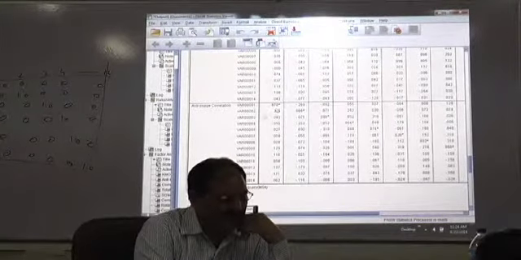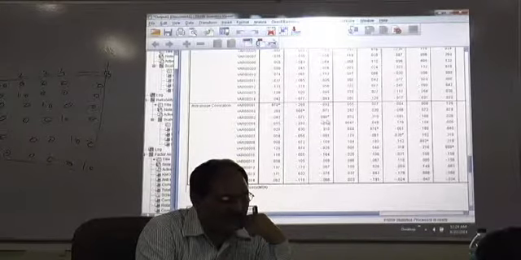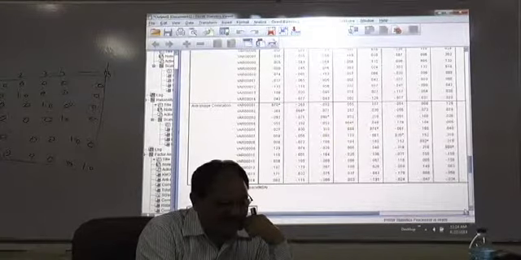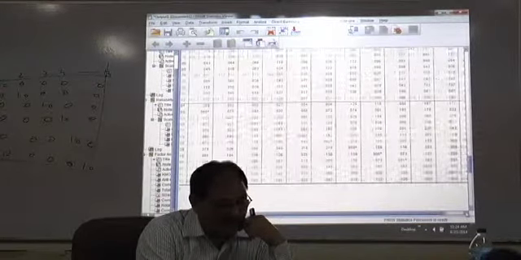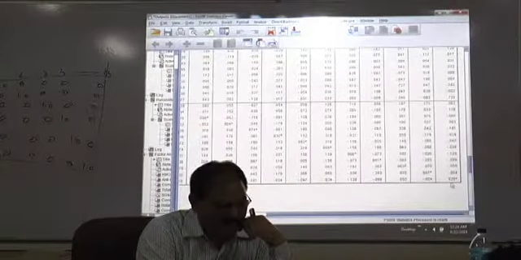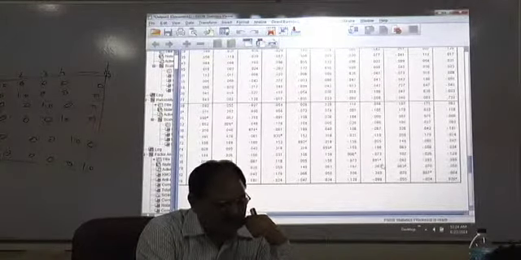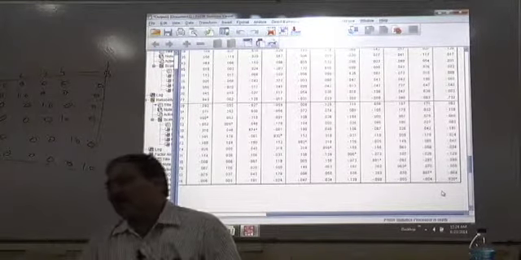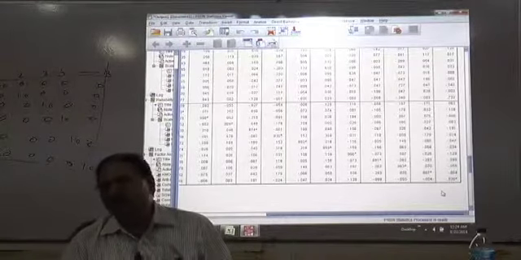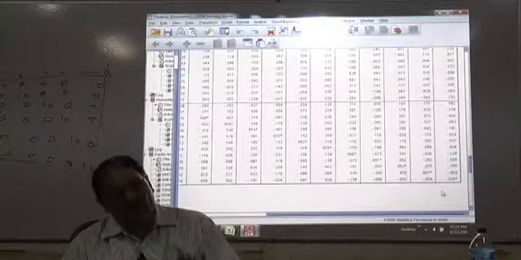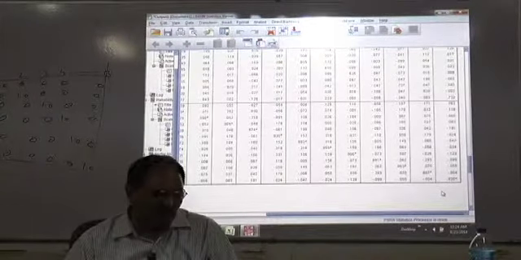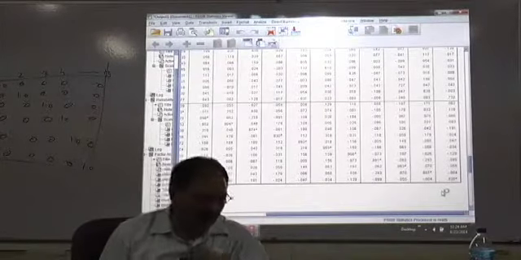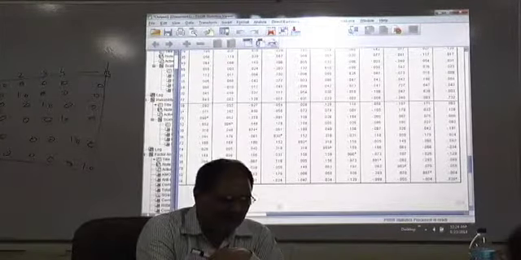Item 1, 0.870, item 2, 0.686, item 3, 0.698, item 4, 0.904, and so on, till you go to the last item, which has a value of 0.920. And you look, none of these values should be less than 0.5. So KMO is a measure of sampling adequacy. The overall value should be greater than 0.5, and for individual statements also the value should be greater than 0.5. Okay? So now we have all these values greater than 0.5.